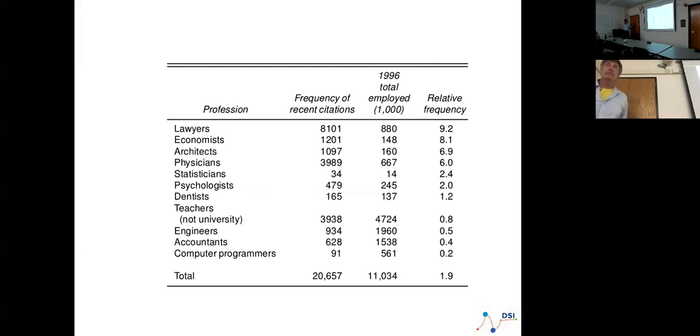It's the citations in publications, how many times they're cited. And you have a different set of fields or disciplines or professions, the frequency, and the number of people employed in each. You want to adjust based on the number of citations, since it's going to be related to the number of people employed in that field. So that's good. Which group has the smallest number of citations per employee? Quick. Okay, which one has the middle?